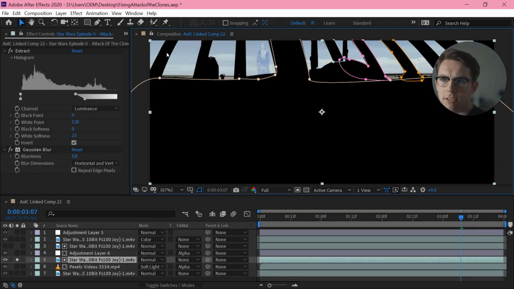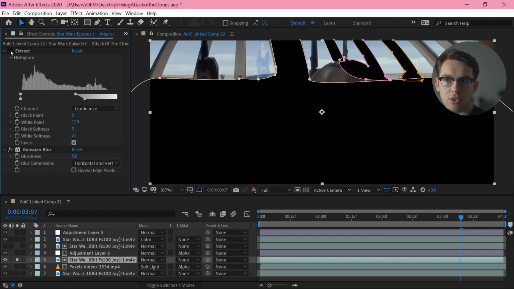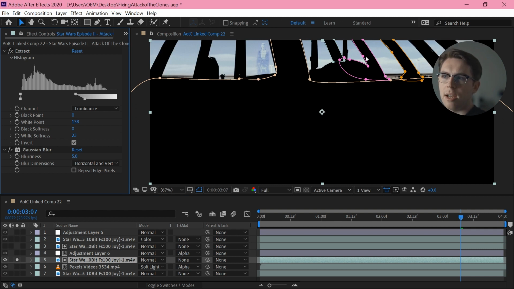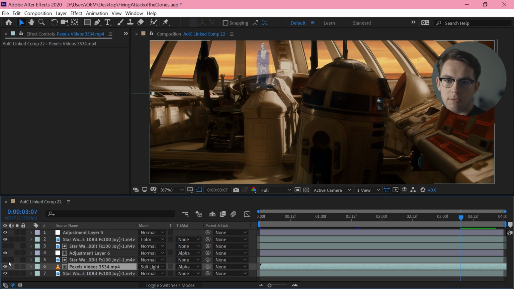Now I can kind of get the sky automatically selected just with an extraction, but there are some areas where I have to go in and just mask them out manually, and then I've done a bit of a blur to make that all soft, and altogether that lets me just replace that sky element a little so it just matches into that other shot just slightly more, but I'm not going crazy with it.